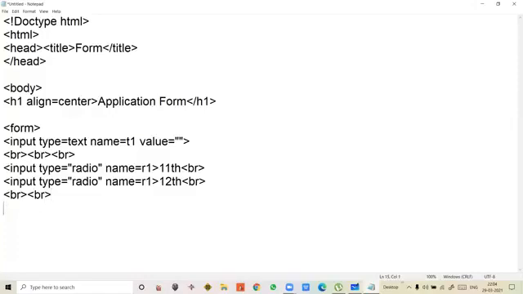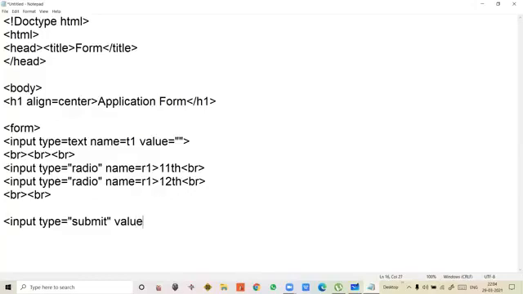Okay. And then the last one was what? You have to use the submit button. Okay, so again we'll just have one more input type equal to submit. This is the submit button, students, which submits the form data to the server if it is added with the script language.